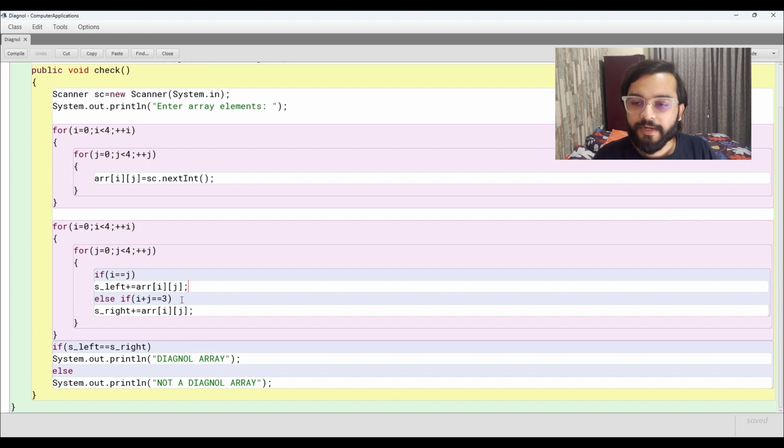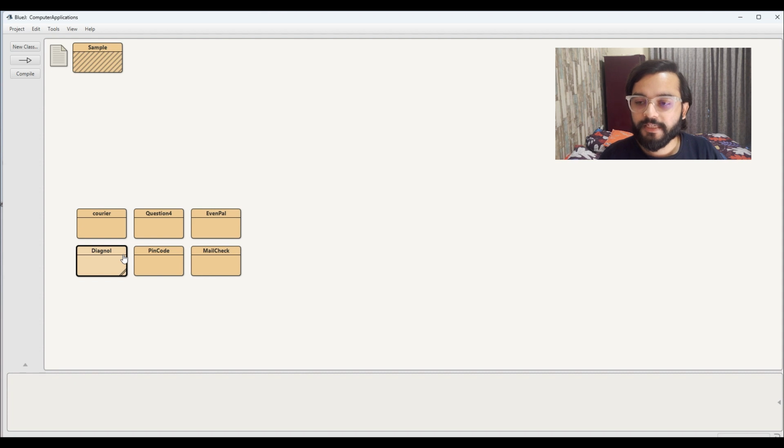And if this value and this value are the same, then it is a diagonal array, and if not, it is not a diagonal array. Now let's see the output of the program. We will be taking the values given in the question, just for simplicity.